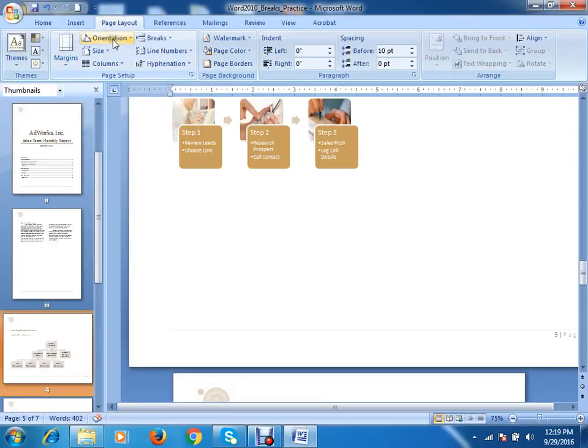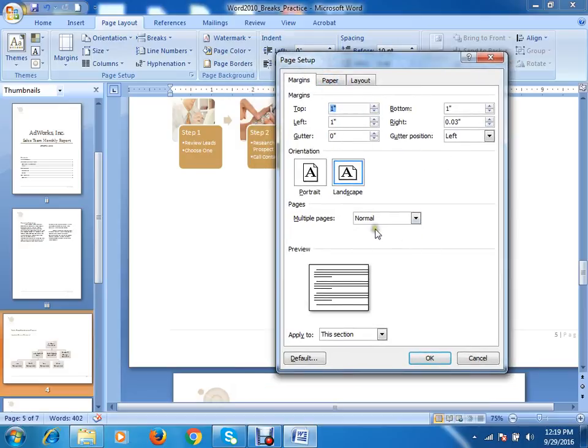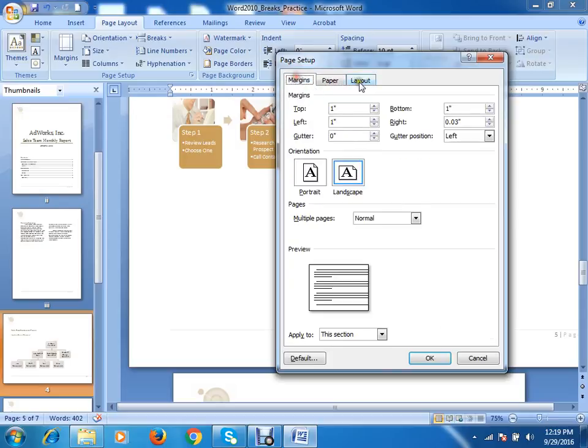Remember, the margin, orientation and size of the document. You can find all this in a single window which is called page setup. You can choose the margins, you can set the margins here, or you can change the orientations. You can change the paper size from paper tab. If you click OK,